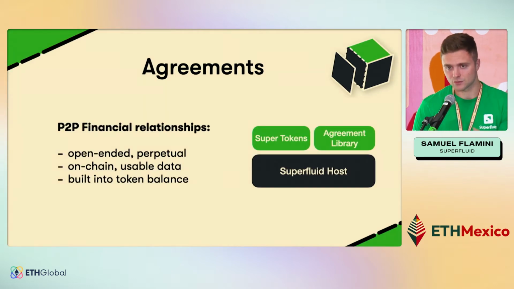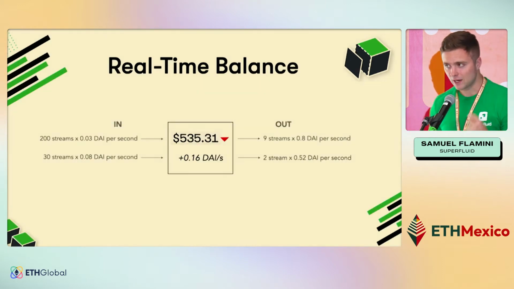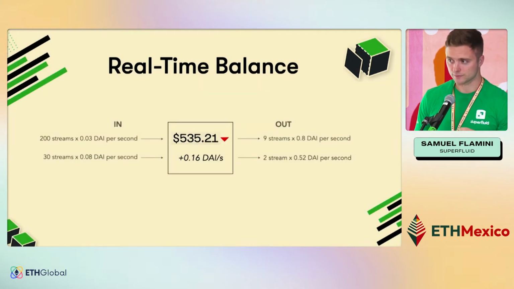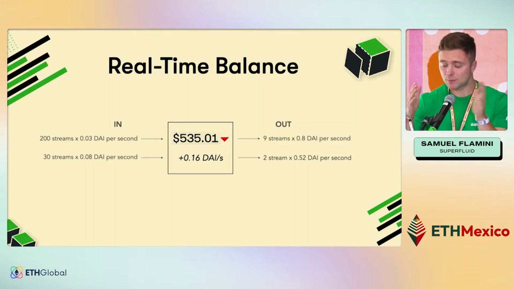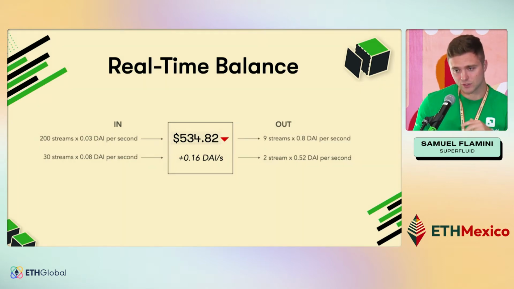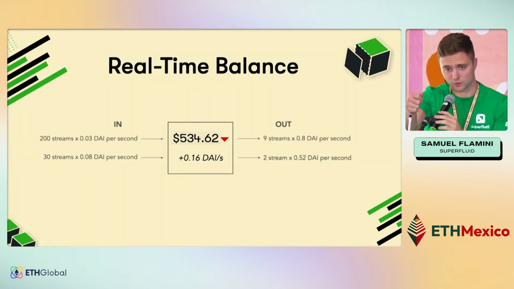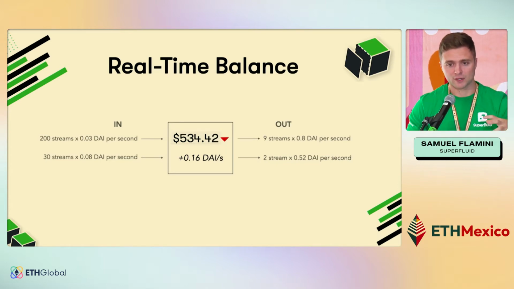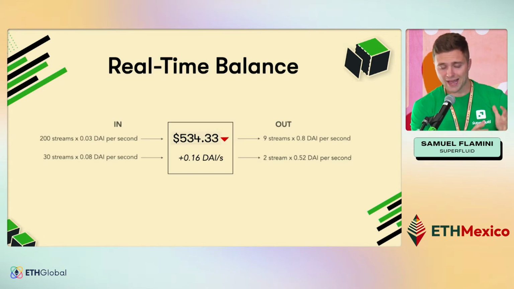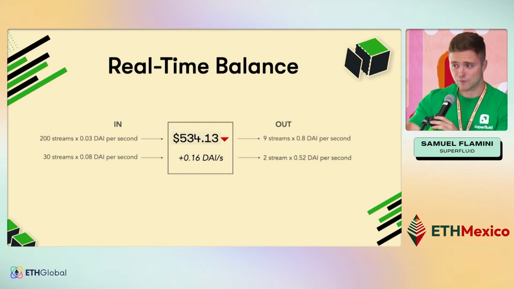So these agreements that I mentioned, these are these connections between 2 accounts. And what they do is they allow you to calculate something called a real-time balance on that super token. On the super token itself, based on how many money streams you have outgoing at a given point in time, we can calculate what your net flow rate is. I used the example earlier where I am sending out 1 token per second and someone else in the audience is receiving 1 token per second. We can calculate your net flow as whatever that is when you combine all the different money streams you're sending and receiving at once. If we have that, we also have the block.timestamp value, which is changing for us every single new block.